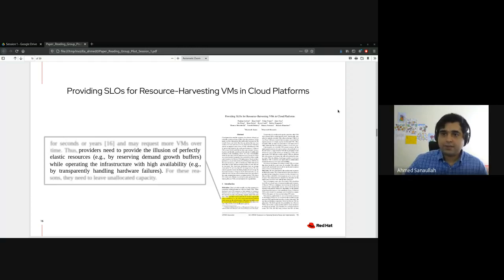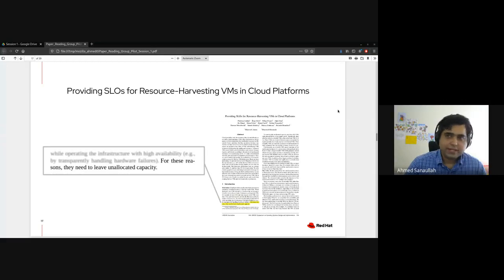And knowing that some of that product may get spoiled, you want to have even more capacity set aside just in case that happens, which is in the case of hardware failure. And then they make the claim that, for these reasons, it's important to leave unallocated capacity. So yeah, you want to have some inventory set aside in case you need more of what you're handing out